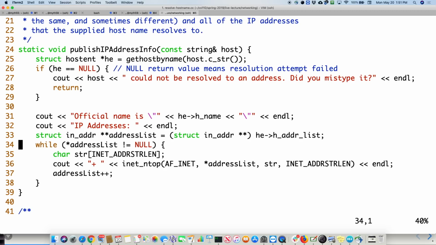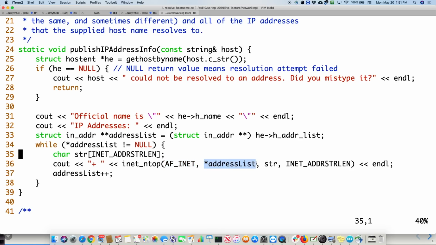Okay, and how do we actually get out the actual IP address? Well, remember, it's just a number right now, and it's just a 4-byte number. So what we do is we call another function called inet_ntop, network to printable is basically what the NTOP stands for, which means it says, hey, what type of IP address are you using? In this case, IP version 4.